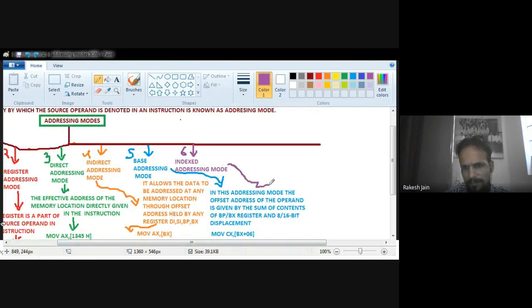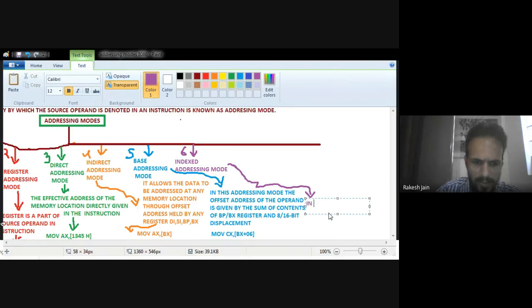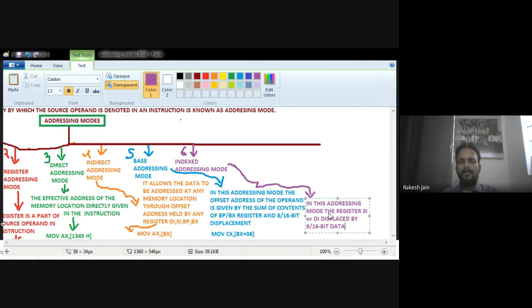In this addressing mode, the register SI or DI, or any one among those, is displaced by 8 or 16-bit data.